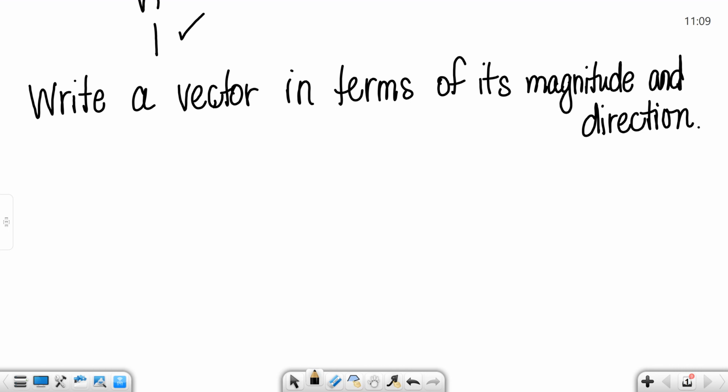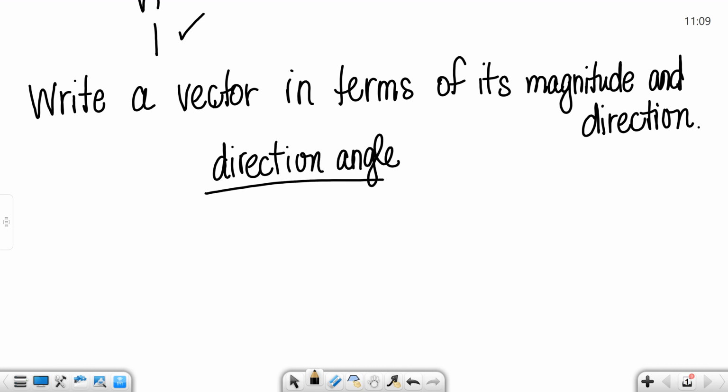In other words, somehow we have to be able to see the magnitude and the direction in the problem. So let's make sure we understand what a direction is. The direction angle, because they will all have some sort of direction angle,